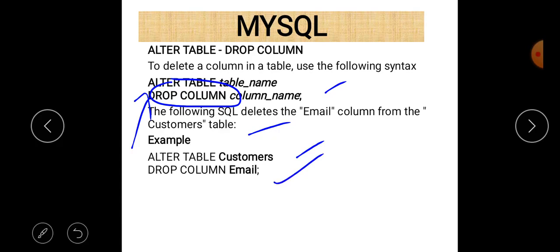If you want to delete that email column, then we just write alter table customers drop column email. So email will be deleted from the table customers after the execution of that statement.